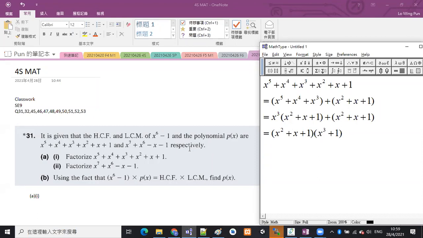But don't forget that x cubed plus 1 can be further factorized. We are going to use the a cubed plus b cubed identity to factorize this x cubed plus 1 to be x plus 1 and then x squared minus x plus 1. And this one is a quadratic polynomial. If you are not feeling safe, you may check with your calculator, Formula 1, to see whether you can